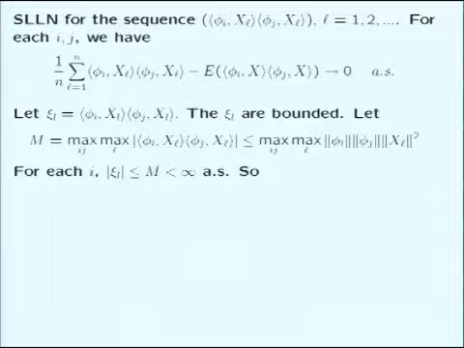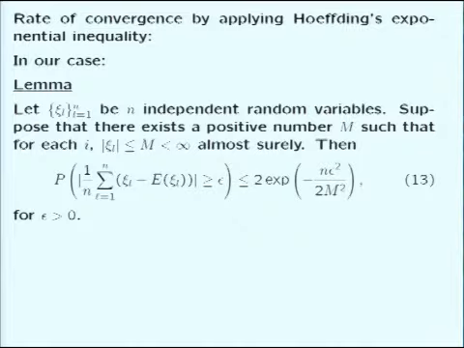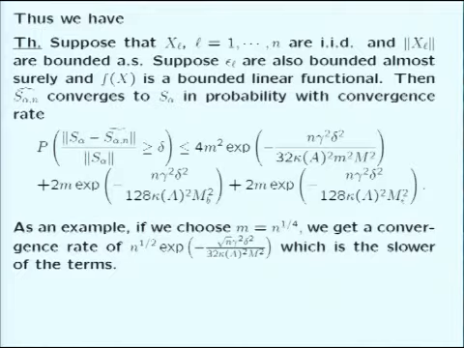I can skip that because it's not very important, but in our case, we use the Hoeffding exponential inequality, which is a standard result for independent random variables. Why? Because we assume that we have a sequence of random surfaces that are IID and bounded, which is quite a strong assumption. If we assume that the noise is also bounded, we will not use this assumption later, but just here. Everything is bounded.